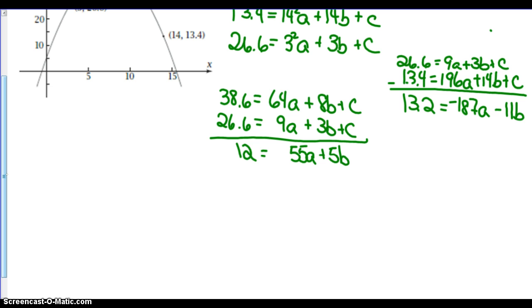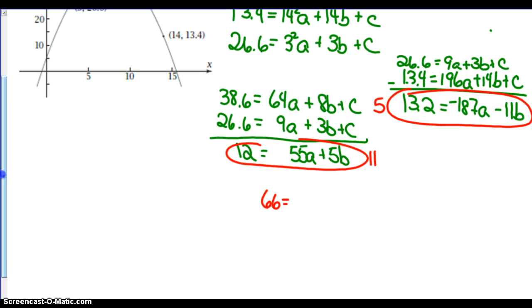So looking at those, I can see right here and right here, they're pretty similar, the a's and b's. Nothing's going to subtract out automatically like the c's did. So what I'm going to do is use the multiplying system: multiply through this function by 11, and multiply through this by 5. So that will create